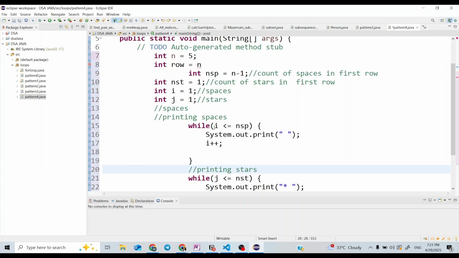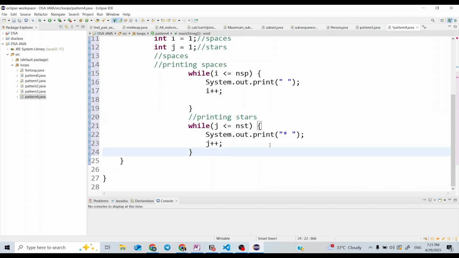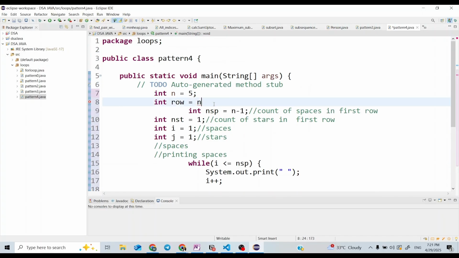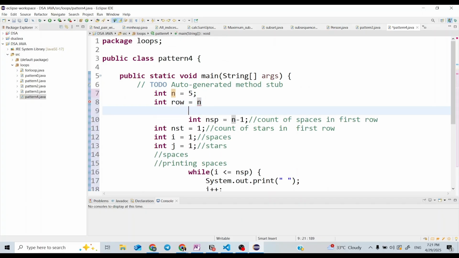Now spaces and stars get printed in the first row. We have to prepare for the second row, so we can say another preparation step. For rows, I will keep another variable for looping on rows. This variable is responsible for taking us from one row to another row.